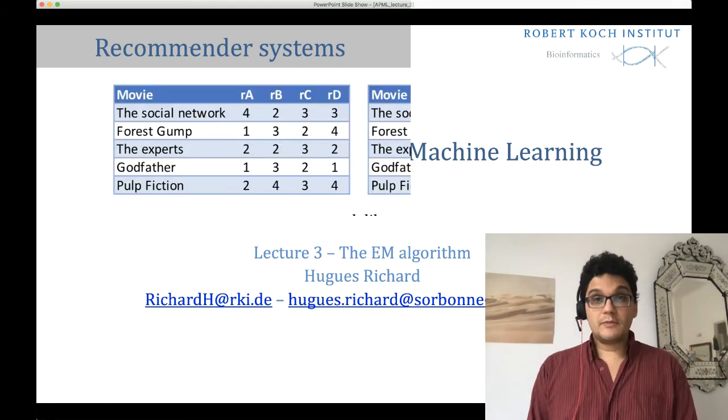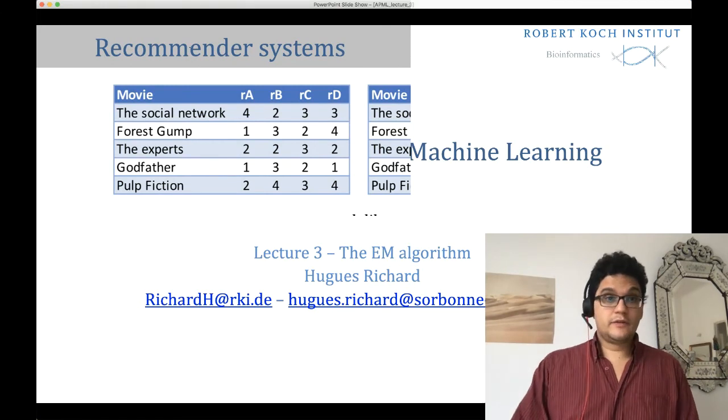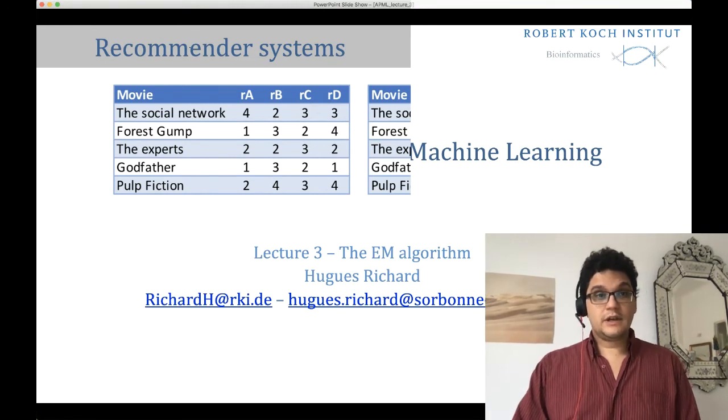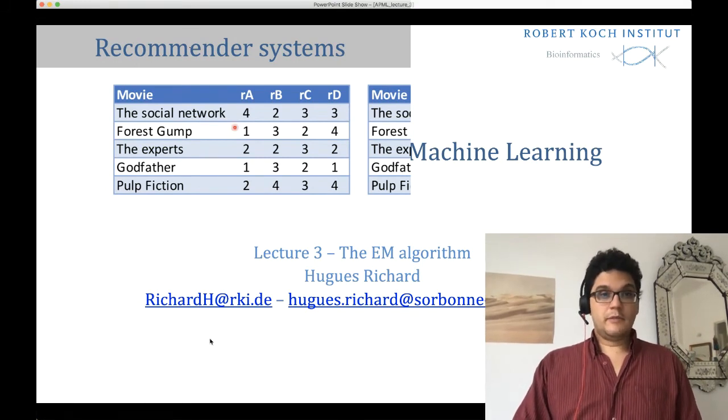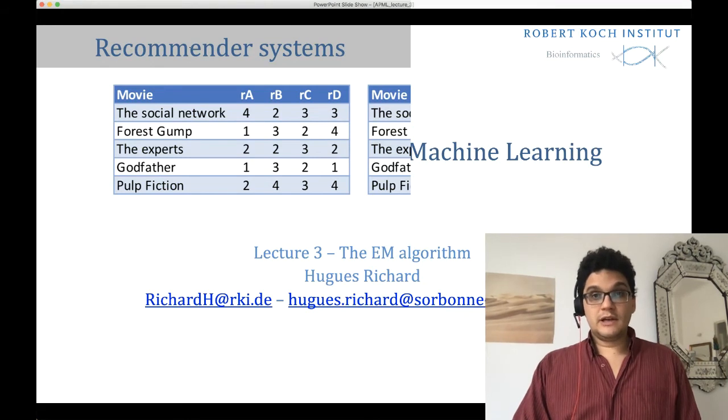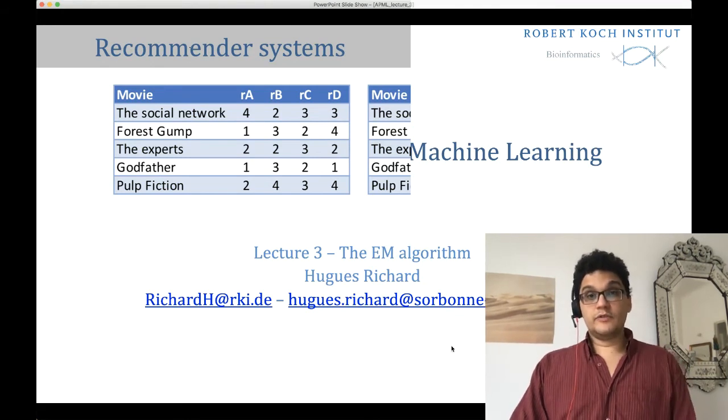Okay, but the problem we have in practice is that we have a lot of parameters to estimate, so we need a lot of evaluations, at least 2,000 for a full matrix. If we want to have just 10 observations per combination, that means we need people who have rated a lot of movies. And in fact, it's not like that. There is a lot of missing data because we cannot expect that all of our users will have watched and rated all of the movies.